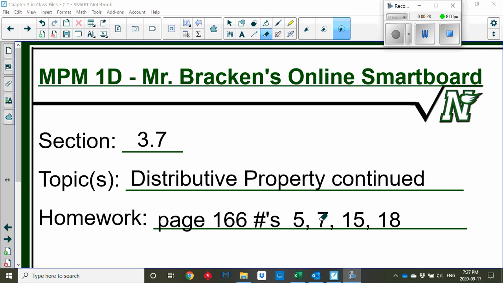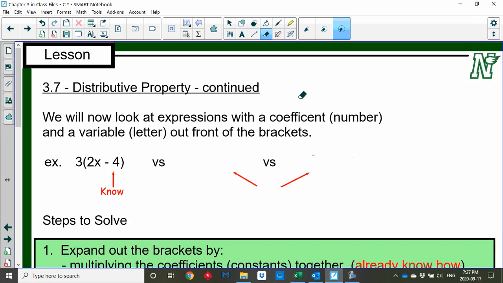And here's the work that I'm hoping you can do once this lesson is done. So if we were to continue to the next page, and you have this page in your book, this is part 2, it says continued here, 3.7. So maybe pause the video and make sure that page is open in your book so you can copy out. We will now look at expressions with a coefficient or a number and a variable or a letter out front